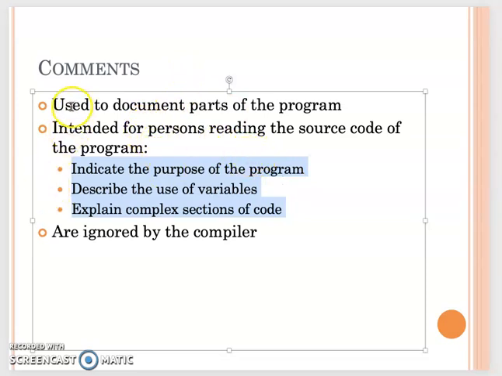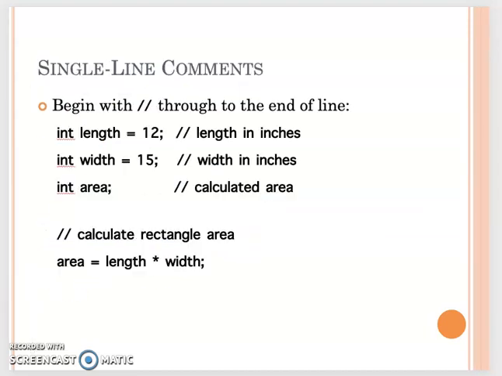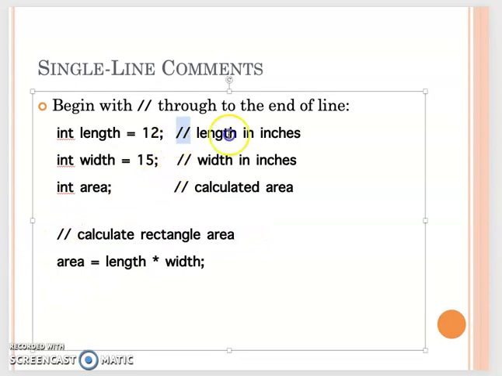If you want to put comments in C++, you can use two slashes. Then they will be ignored by the compiler. So that's why you can see this one is a comment. If you only have one line, you use the double slash. The purpose is to let the user or other people reading the program know what the variable is for. And you see why you do area equals length times width, because you want to calculate the area. So that's a simple